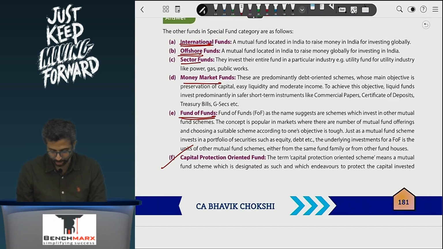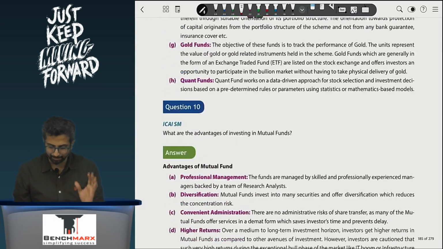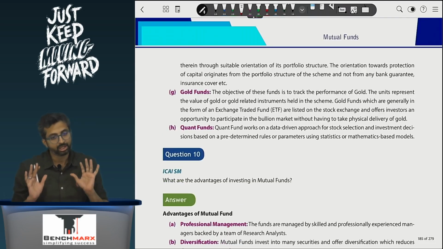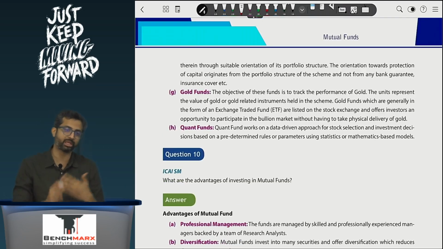And capital protection oriented funds, these will be schemes where your capital protection is guaranteed. I'll say that if you give this much, you will get this much, and beyond that, I will deploy in certain strategies. Gold funds, as Indians, we are very